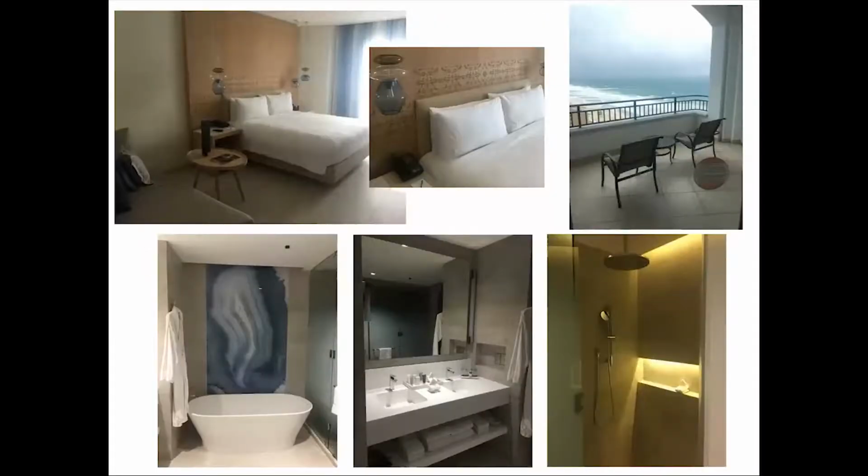So this is Club 91. This is like their a la carte level. You know, they have hors d'oeuvres here, and it's the privilege level, and it was a really cool area with great views of the ocean. But this was the day Michael was blowing through us, so the pictures here aren't that great. But these are brand new rooms at the Marriott